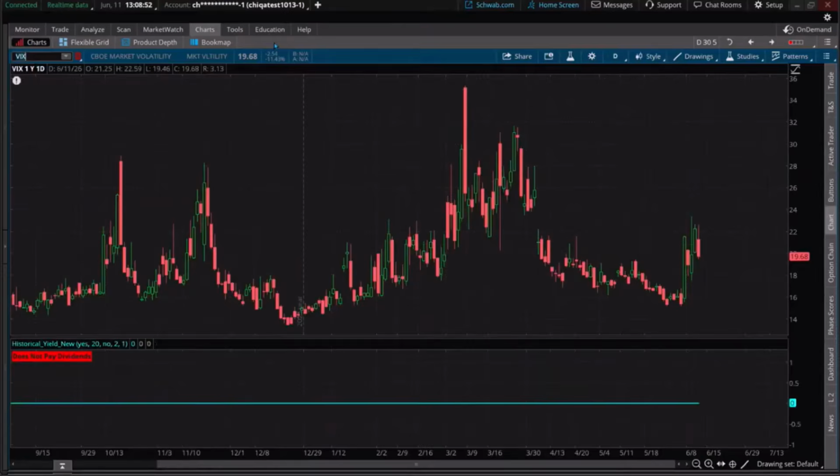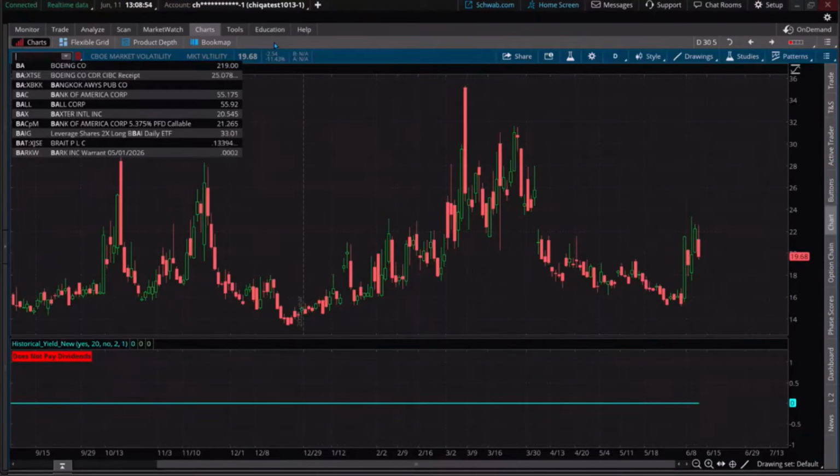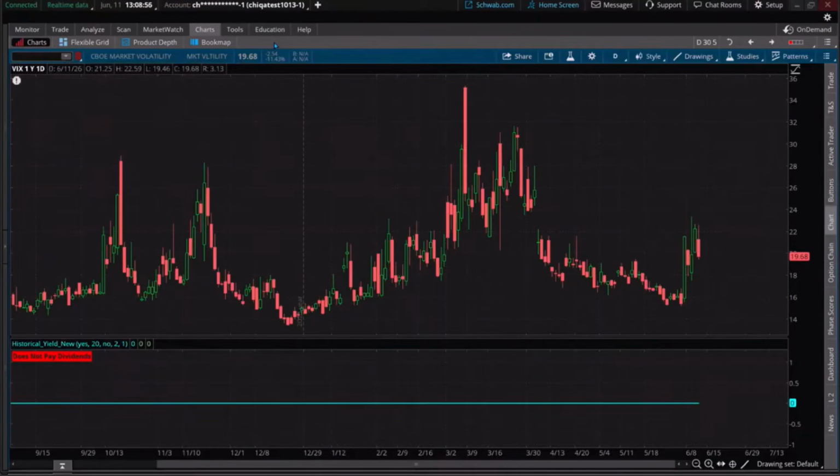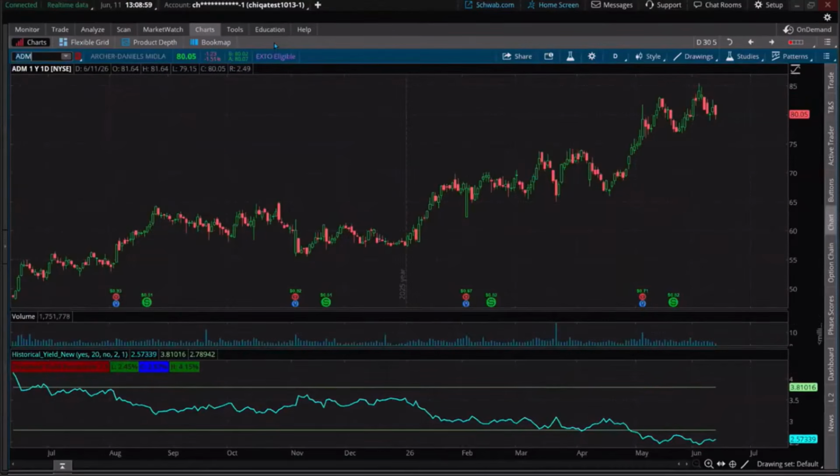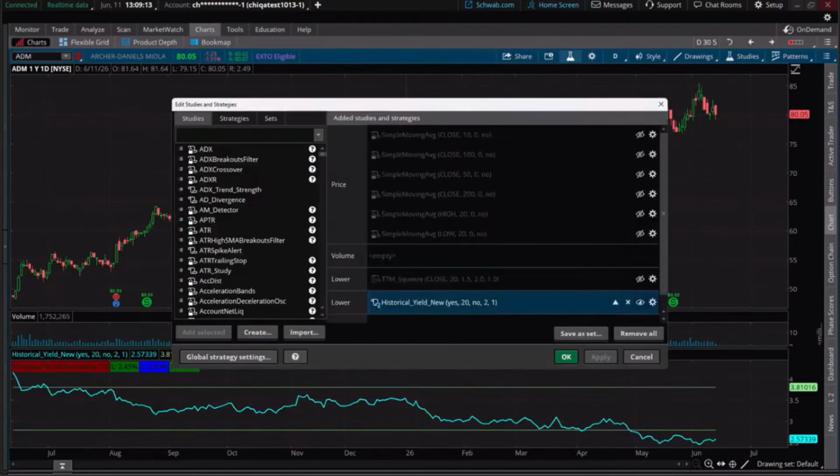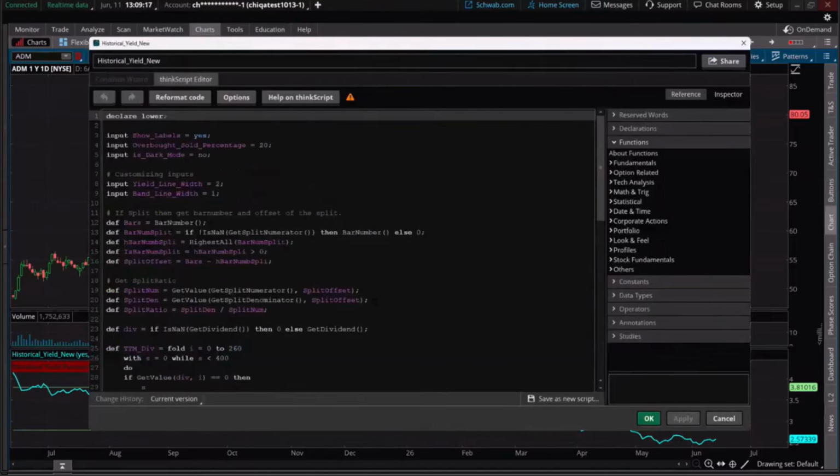Yeah, obviously there's not one on the VIX, but if I said something like, let's see, what do we have here? ADM pays a dividend. You can see it's gone up a lot. That yield's gone down. We're looking for yields that are a little bit higher after prices have dipped. But this is basically the same one here. I'll share this into the chat so you have it. It's a cool way to track over whatever time frame you're looking for what those yields are.